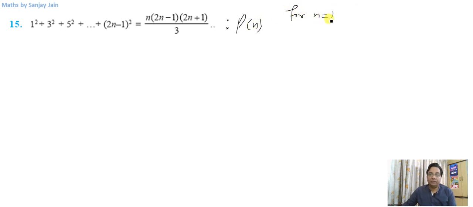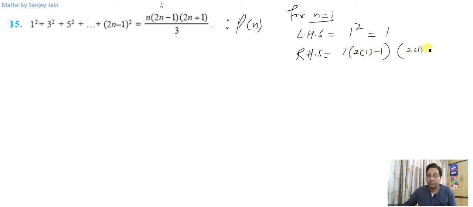For n equal to 1, if I see my left hand side, it is equal to 1 squared, which is 1. What is the right hand side? Right hand side for n equal to 1 is 1 into, if I replace this n with 1 here, so it will be 2 into 1 minus 1. So okay, let me write it for you. 2 into 1 minus 1, then 2 into 1 plus 1